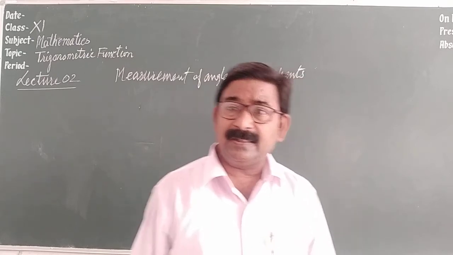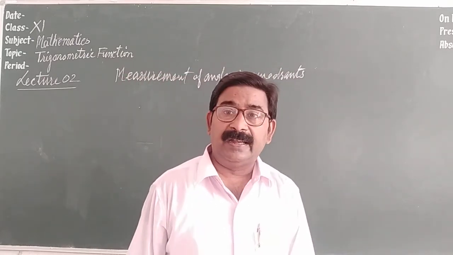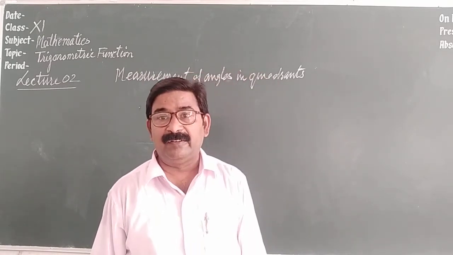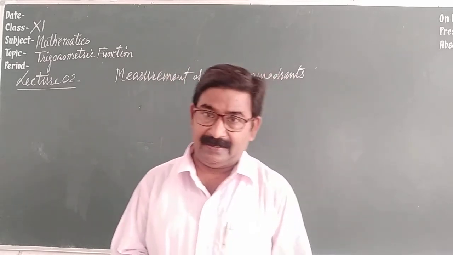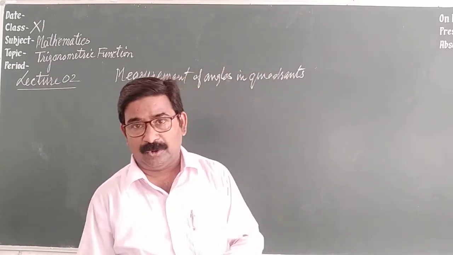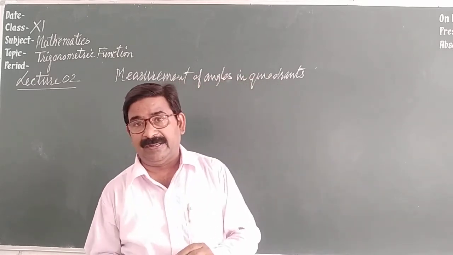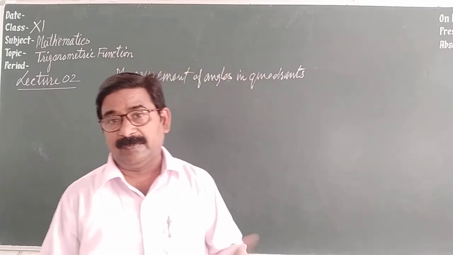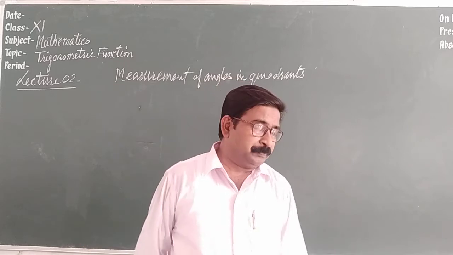In class 10th, I think you remember that the angles were given up to 90 degree. 0 to 90. Sin 0 degree, you had the value. Sin 30 degree, sin 45 degree, sin 60 degree, sin 90 degree, and so on. Similarly, cos, sec, tan, cot, cosec, whatever it is.